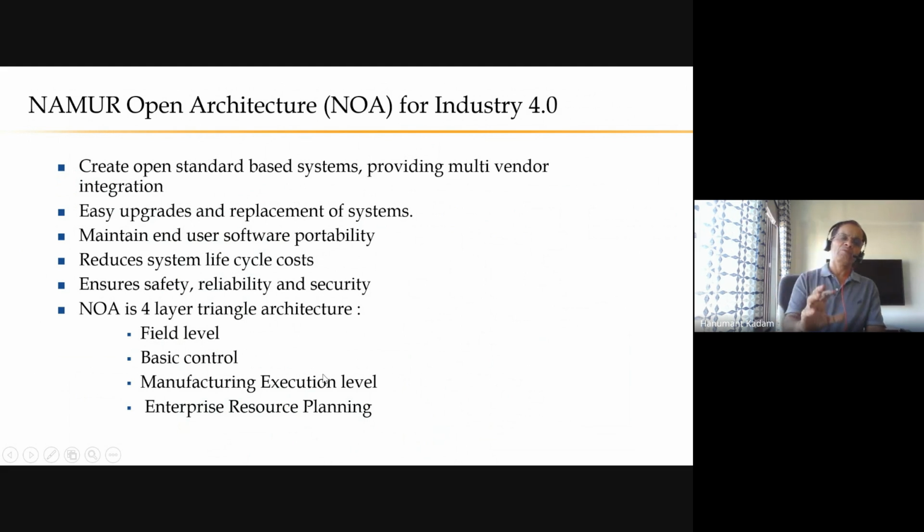So the NAMUR standard, that is the NOA standard, has a four-layer triangle architecture. The four layers are: the ground is the field level, then basic control, meaning DCS and PLC, then third is the manufacturing execution level, which is related to, as I told, your optimization, maintenance software, simulation software, and analytics and quality related software, and then enterprise resource. Finally, it goes to your finance or supply chain modules or the accounting system of your own company. So this is a